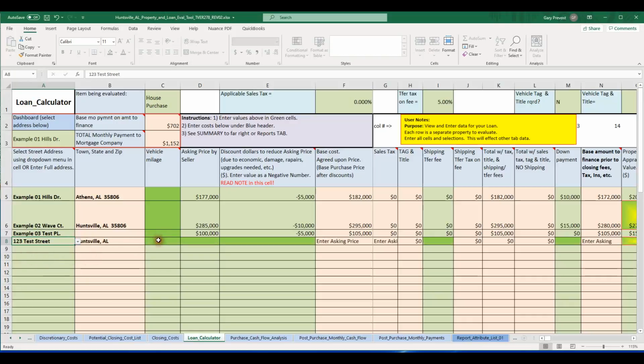And when you do that, you see it changes the color from that bland green to a deeper green. Remember, everything in green is open to being edited or selectable. So I'm going to go back to using example 01 Hills Drive. Vehicle mileage doesn't matter. Okay, so we have the asking price. If you're looking at a property, they're asking, in this case, let's say